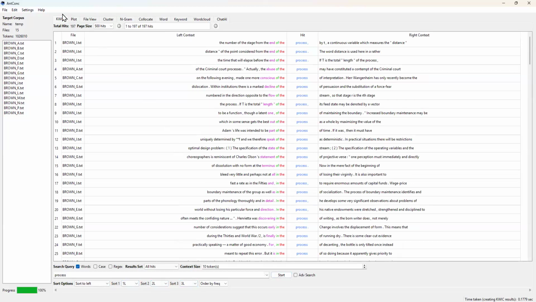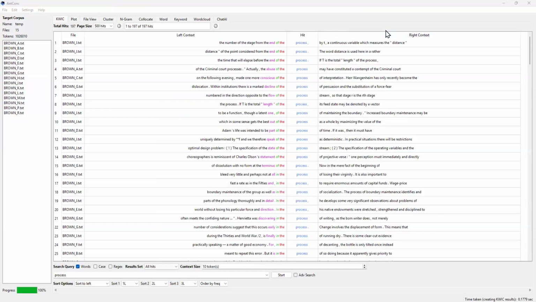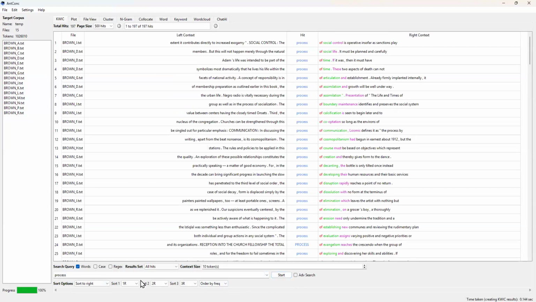And you can go into global settings here and change the colors if you want. So we're not going to do that, but it's something that can be kind of useful if you want to keep track of stuff that way. Let me go back to the right. There we go. And you can do sort one to the left, two to the right, that sort of thing. So you can decide that maybe I want to do